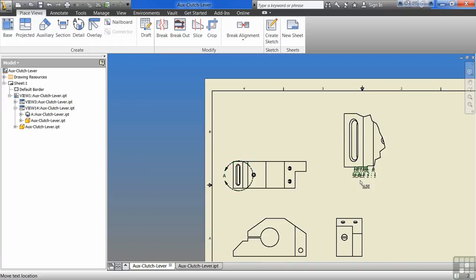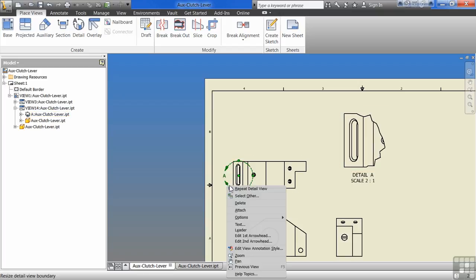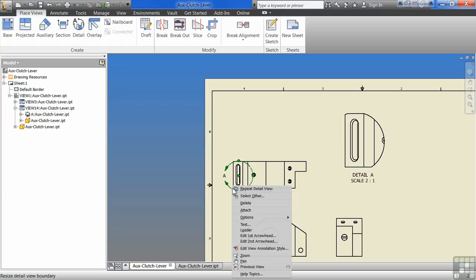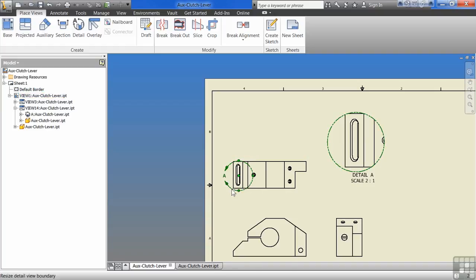And you'll notice that whenever you adjust the size, sometimes the view label doesn't always move with it, so you will have to manually move it around. If you want to adjust the actual shape of the detail, we can go in here and decide whether or not we want it to have a smooth cutout instead of the jagged edge. We can decide, do we want it to show a circle all the way around it? And then we can even have a connection line going back to it to show, hey, this is our detail